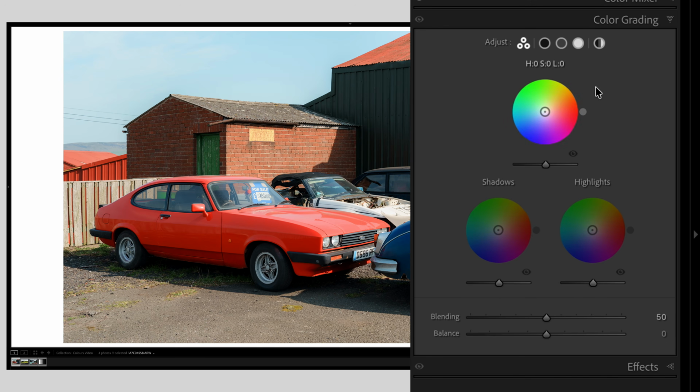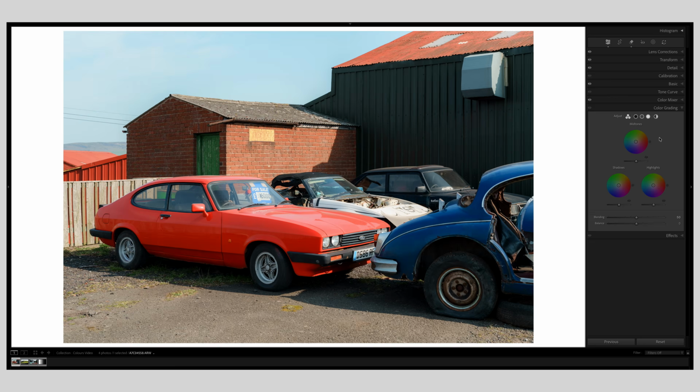And color grading, I think, can be a bit feared by photographers, because they look at it, they see the wheels and stuff like that, and they think, I'm not going to touch that. And again, I'll be truthfully honest, I don't touch it that much. There's loads and loads of edits where I don't touch it at all, because I'm looking at the image and saying, I don't need to add anything else. But for this image, I would like to add one thing,